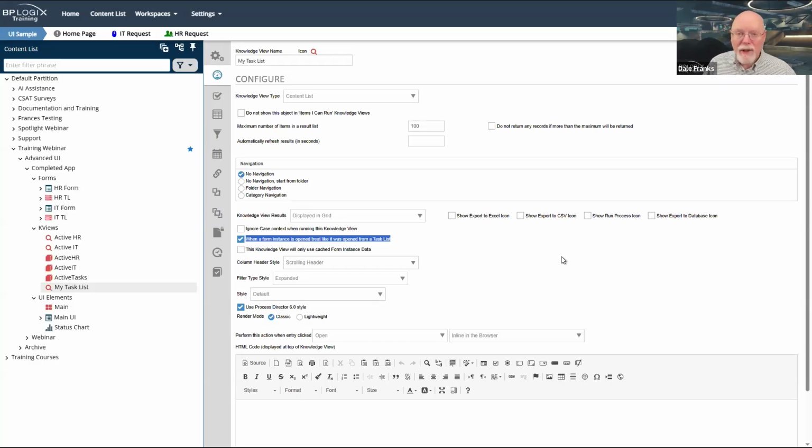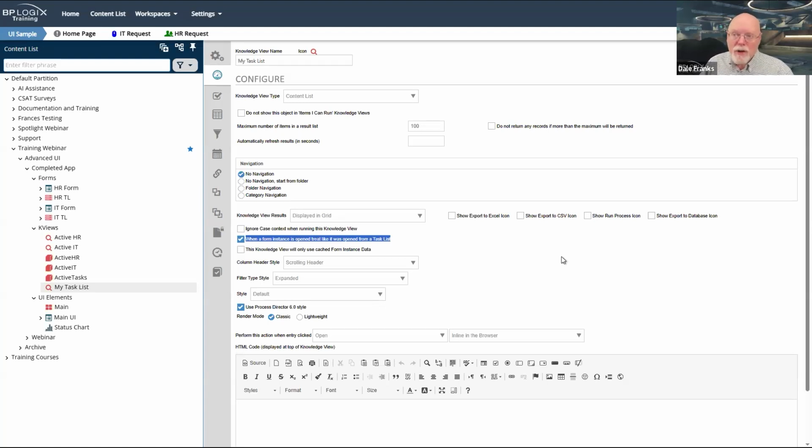But if you do have a task assigned and you open a regular content list knowledge view, you're not going to see those buttons. This is a not uncommon question that we get inside of tech support where people say, look, I know that this person has a task assigned, but when they open it from my knowledge view, it doesn't show them the buttons.